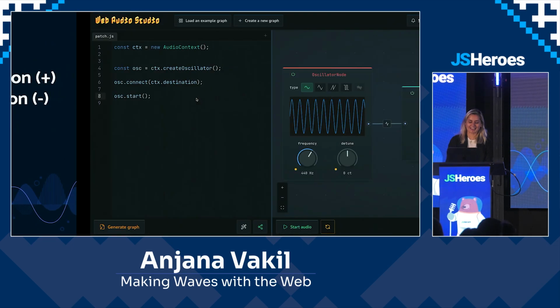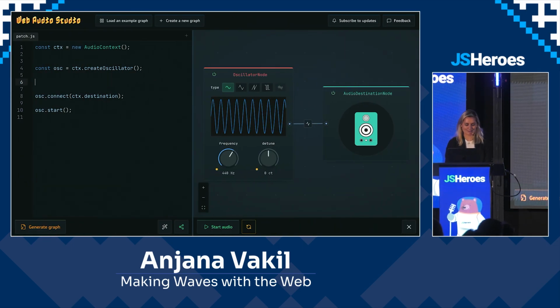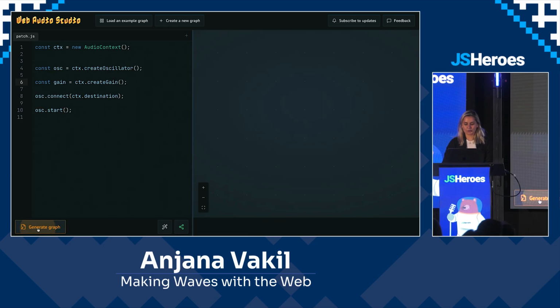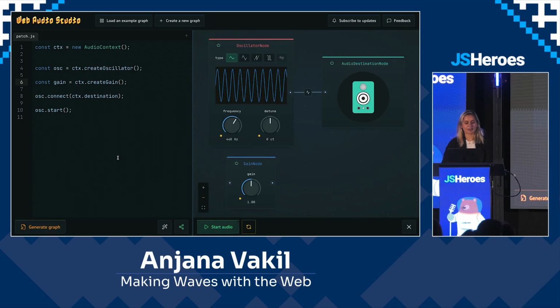So we can create a gain node in our WebAudio API. I'll name it gain, because I'm that creative. And luckily, they also were as creative as me, because the method to create a gain is called createGain. Yay! So now, if I create a gain node, we'll see that I have a gain node, but it's not connected anywhere. So I can connect it up now.